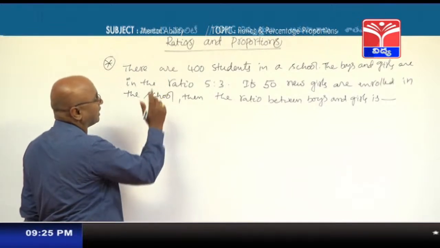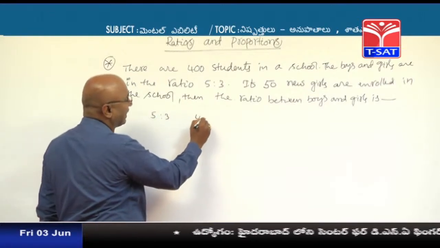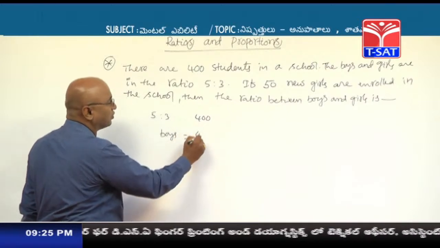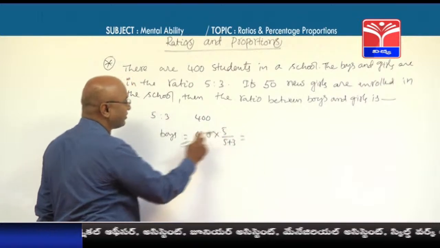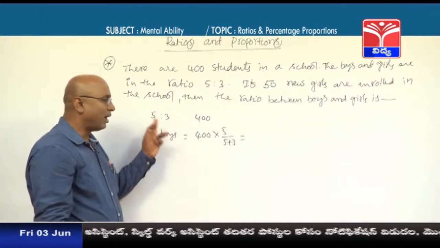Now see, the ratio is 5:3 and the total number is 400. Then boys is equal to 400 into 5 by 5 plus 3, that is equal to